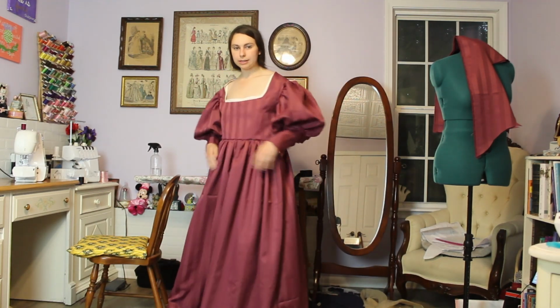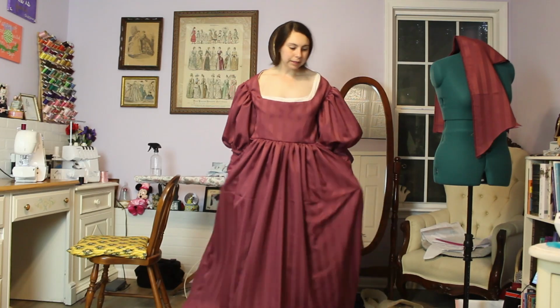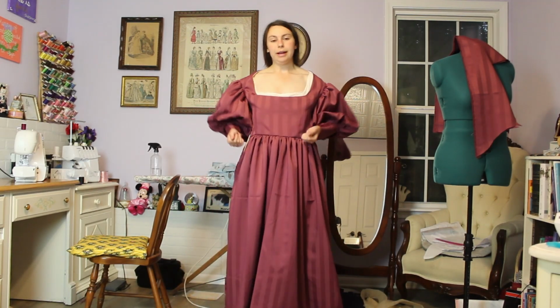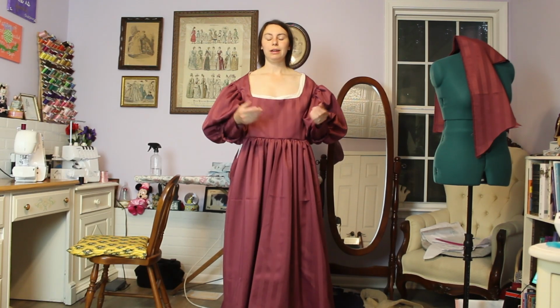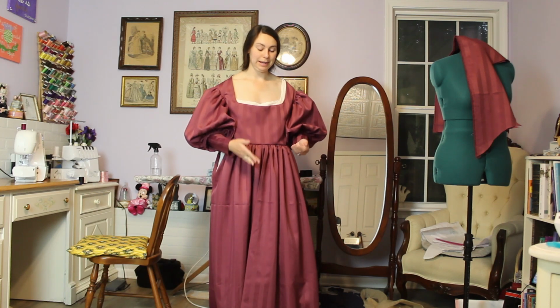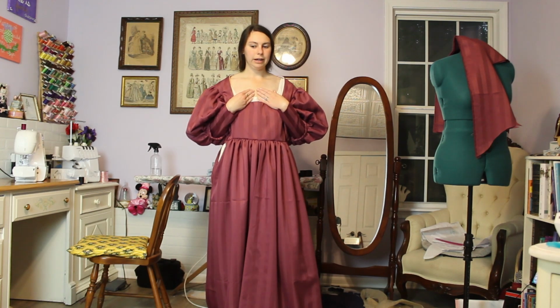Now under the dress, I am wearing a chemise. I realized since I need to get this dress done tonight, I do not have time to make a camiseta, which essentially is a shift, but it would be the historically accurate version to go with this dress for this time period in Italy. I think my 18th century one for,